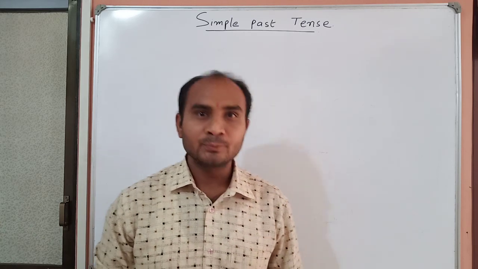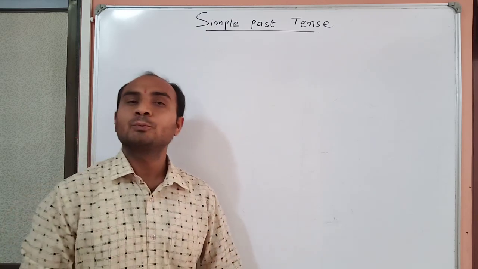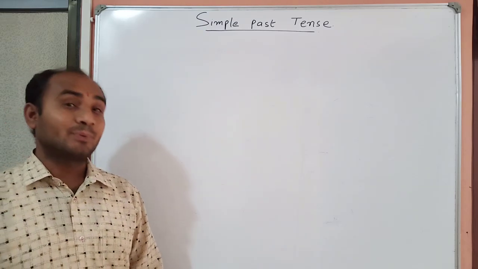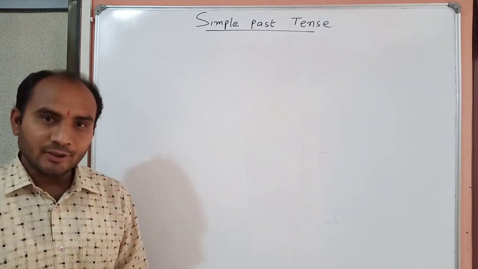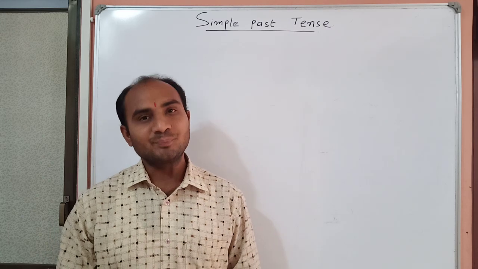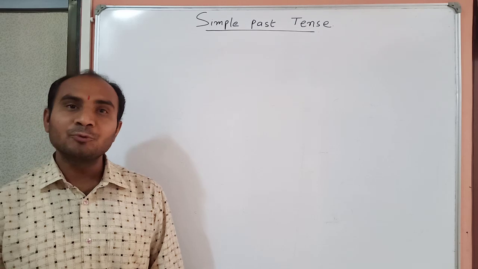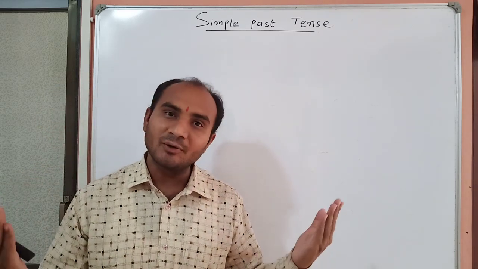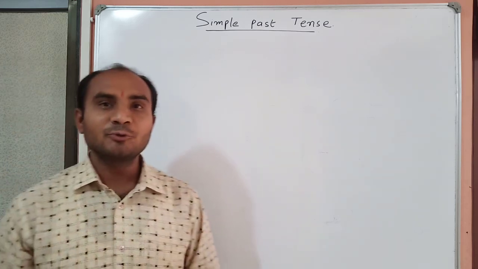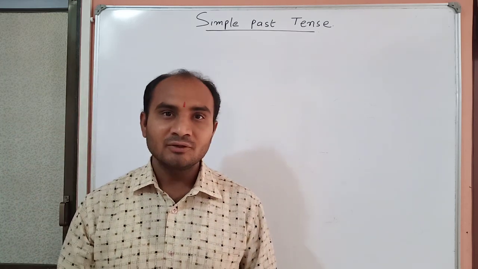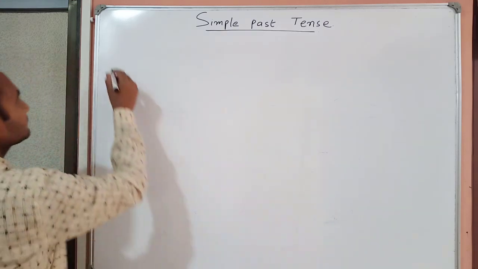In video number 1 we learned the simple present tense. In video number 2 we will learn about present continuous tense, in video number 3 we will learn about present perfect tense, and in video number 4 you will learn about the types of the verb. Now, video number 5, we will learn about simple past tense. In simple past tense, first we will discuss